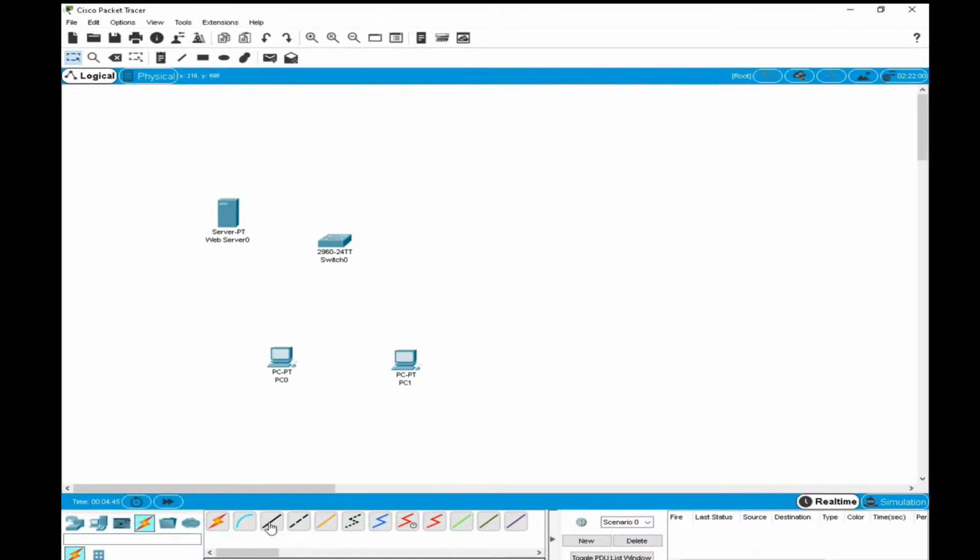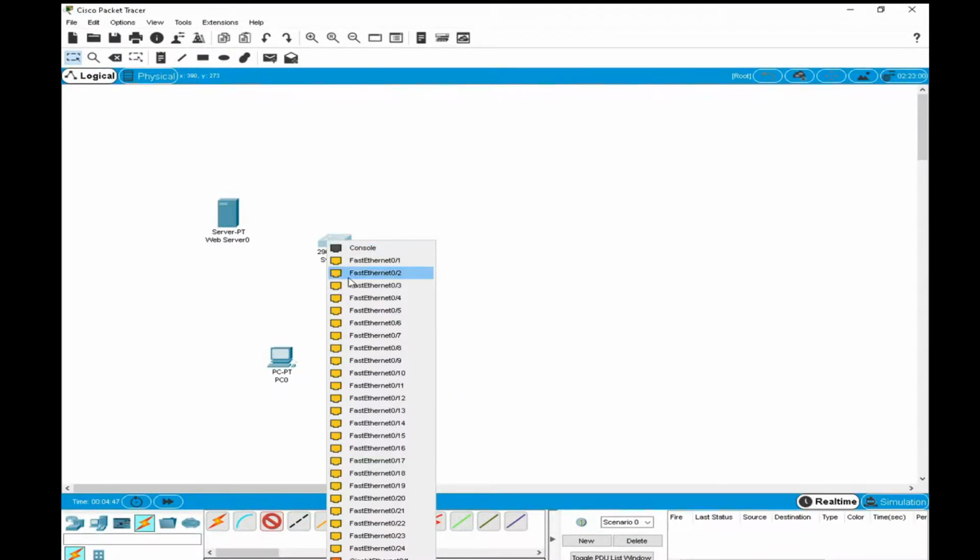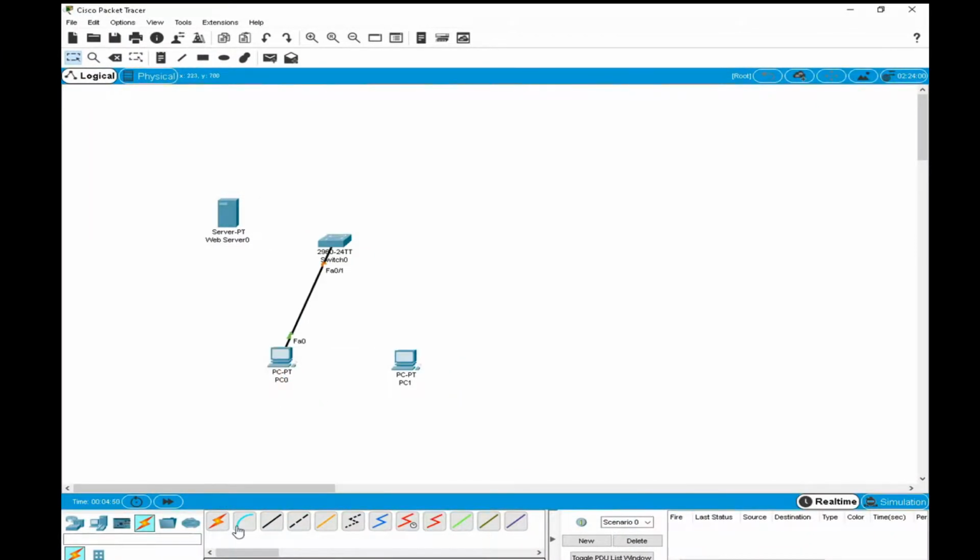And here we need to connect this PC and this PC. We have two PCs. Okay, I will make a very simple topology. Okay, and here I have a web server. Suppose this web server is somewhere here, it is connected. Okay, now this web server, I'm going to assign this IP.